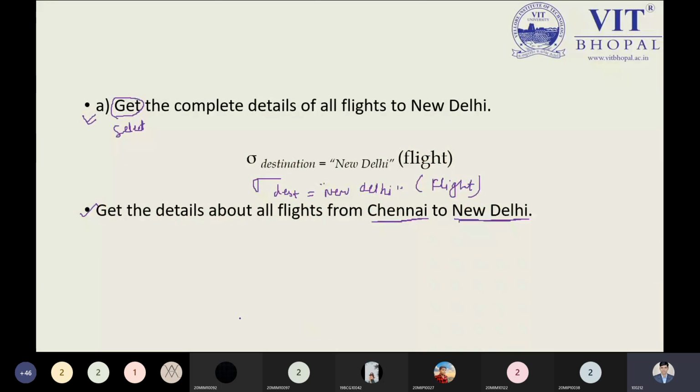It will be very simple to explain, so I'm writing the query once again over here. See, sigma. We have to use the SRC, that is Chennai. And for the 'and', I'm speaking once again, you have to use the symbol, the connectives. Please focus on the concept, and destination. So destination is equal to New Delhi. We are not using multiple relations, we are using a single relation, so we have to use flight. Okay, so this query is clear to all right now.